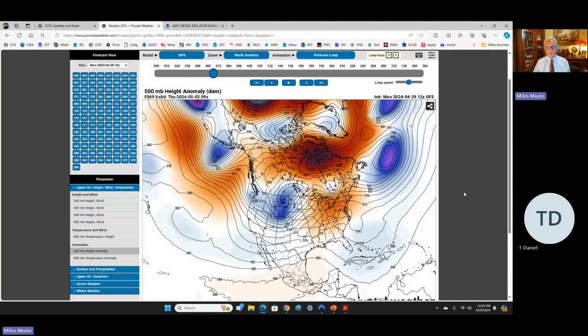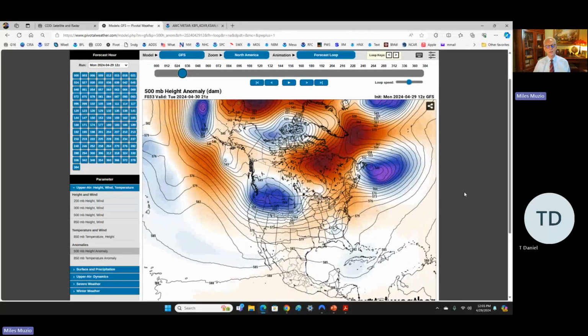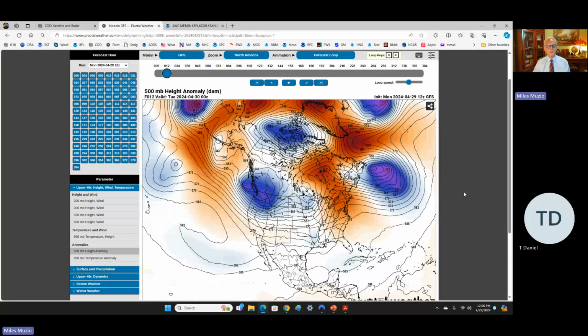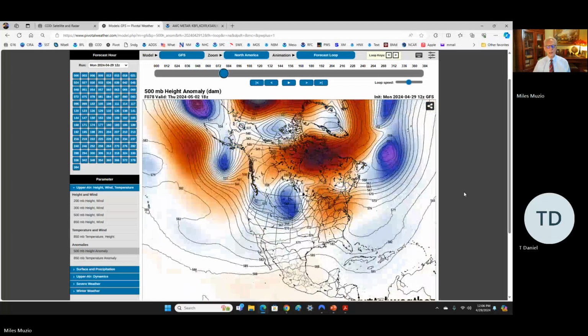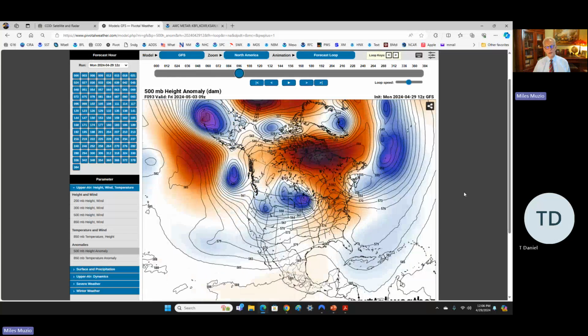So let me go backwards just a little bit so you can see where that low is right now. In fact, it's somewhere near Petropavlovsk. It is in far eastern Siberia. That's where the low is right now. So the model is taking that energy from that low, and here's Thursday. And then right about here, it's going to make a little bit of a right turn and dig down into